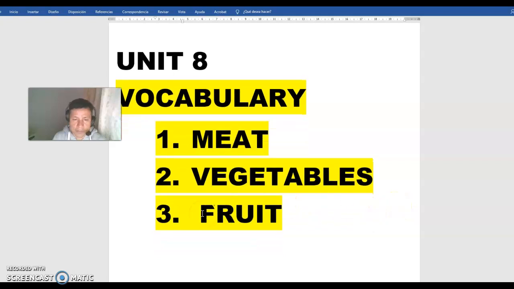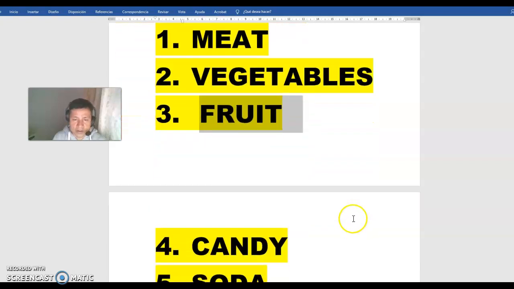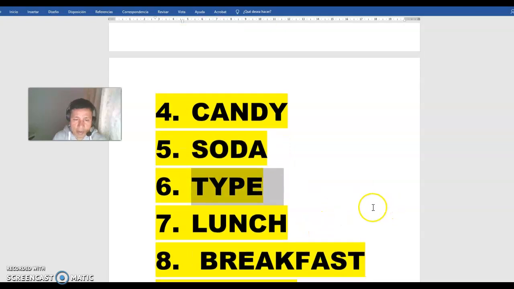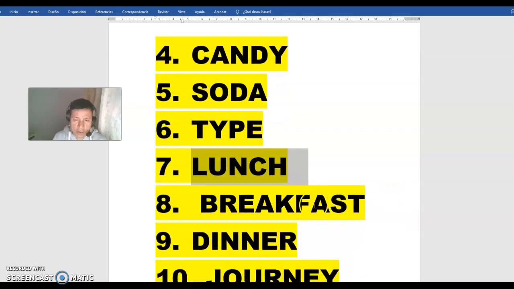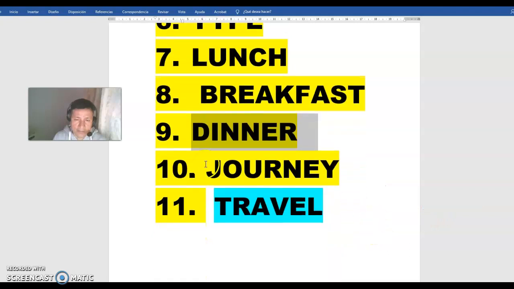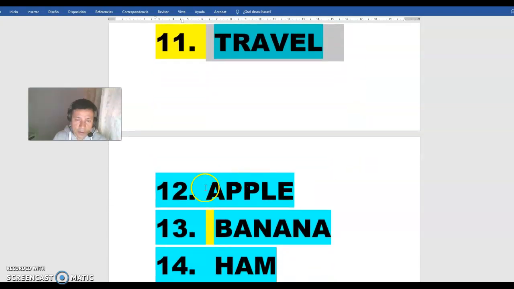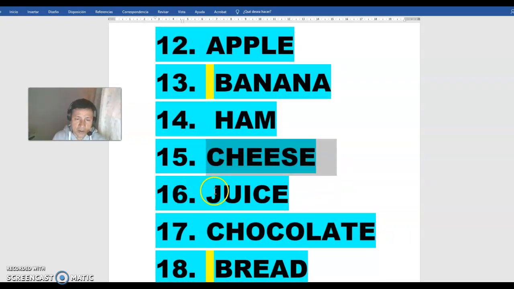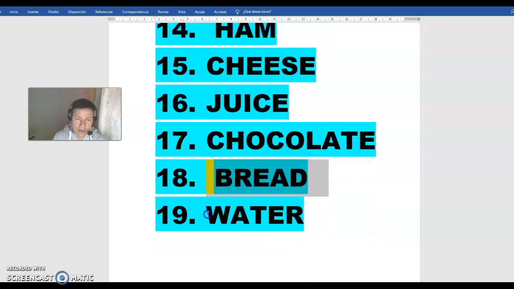Vegetables, fruit, candy, soda, type, lunch, breakfast, dinner, journey, travel, apple, banana, ham, cheese, juice, chocolate, bread, water,